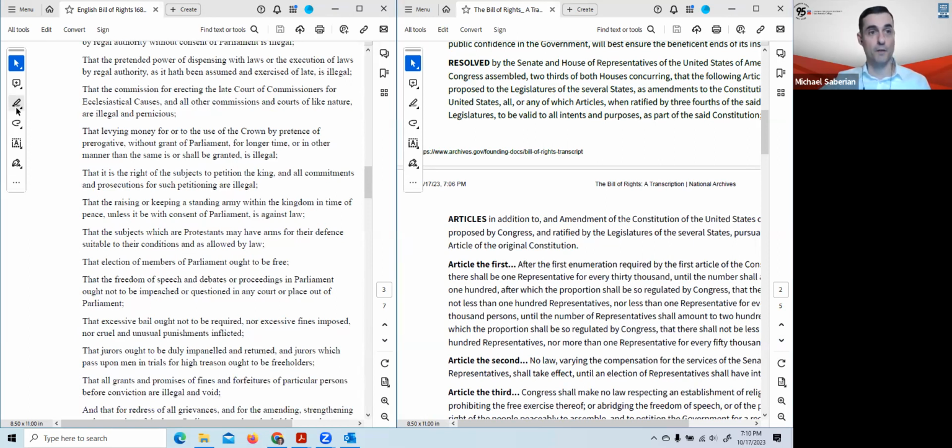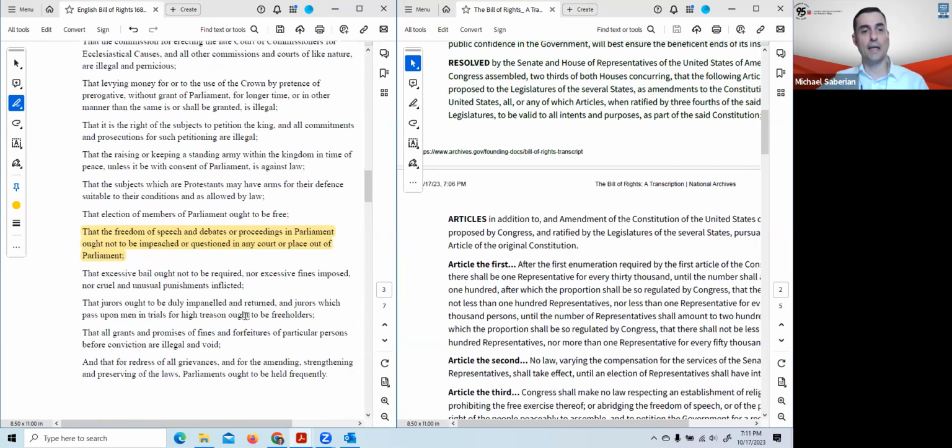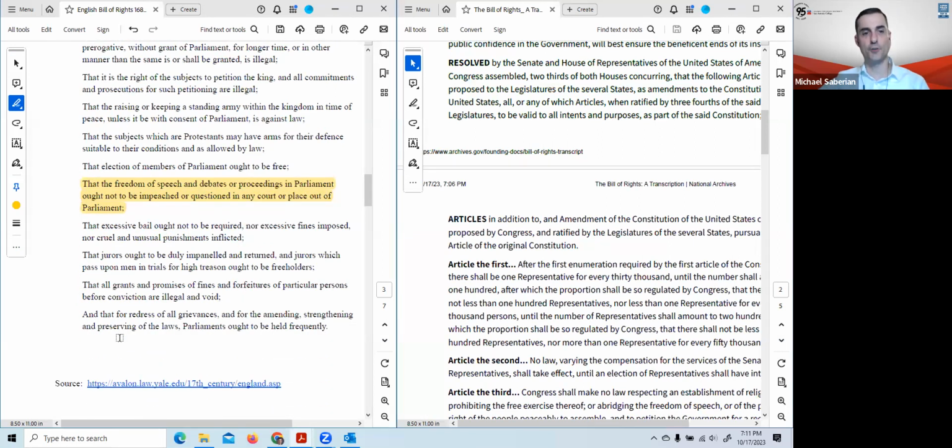So I'm going to take my little highlighting tool, and you'll observe that freedom of speech in Parliament is not to be questioned or imputed. That's as close as the British are going to get. They have a right of petition, and they do use this phrase, and for a redress of grievances, Parliament ought